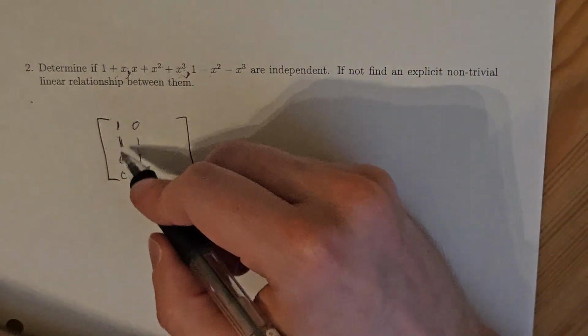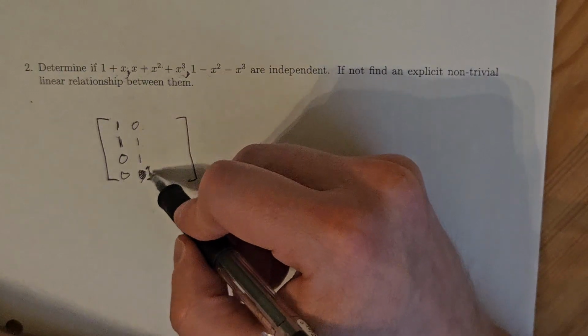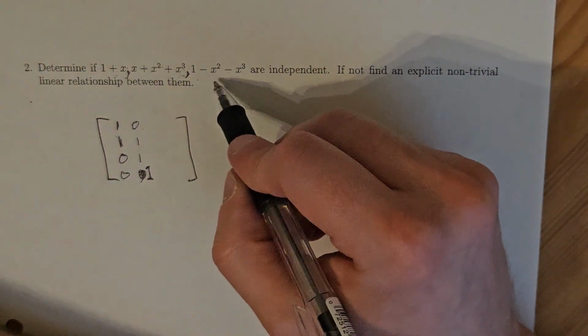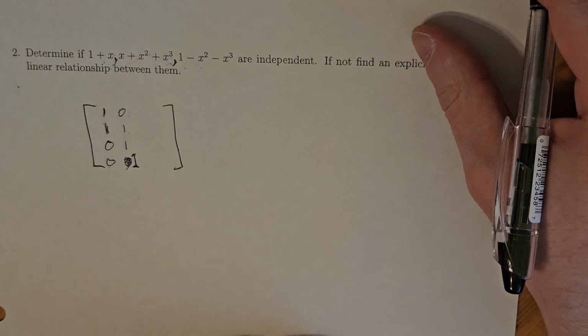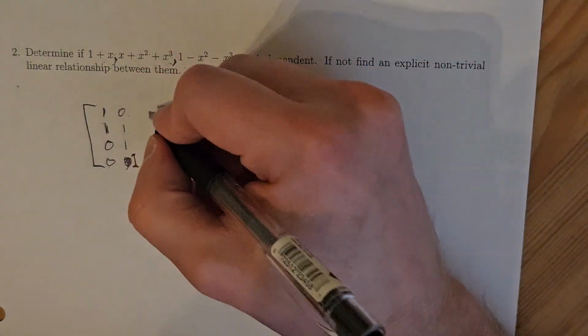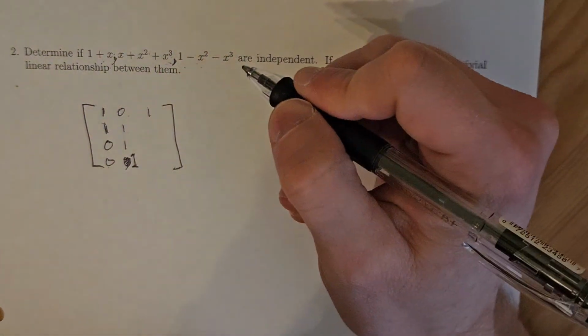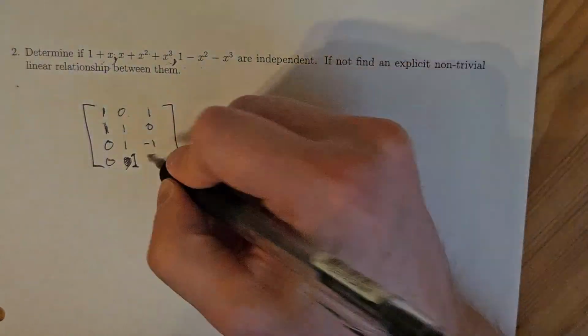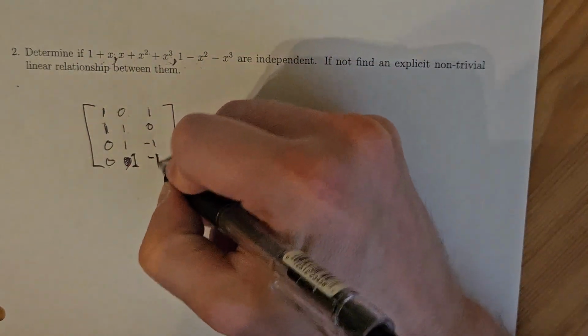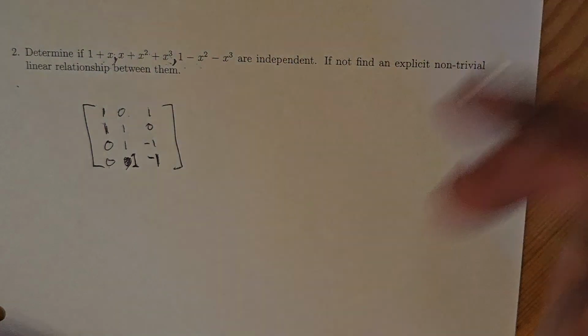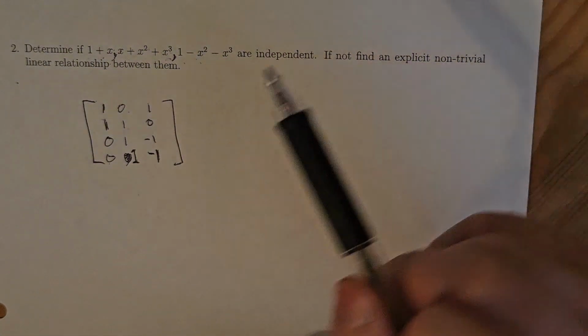So we have 1, 1, 0, 0, 0, 1, 1, 1, and 1, negative 1. Oh, and there we go. I am honestly having trouble reading this. All right. So,